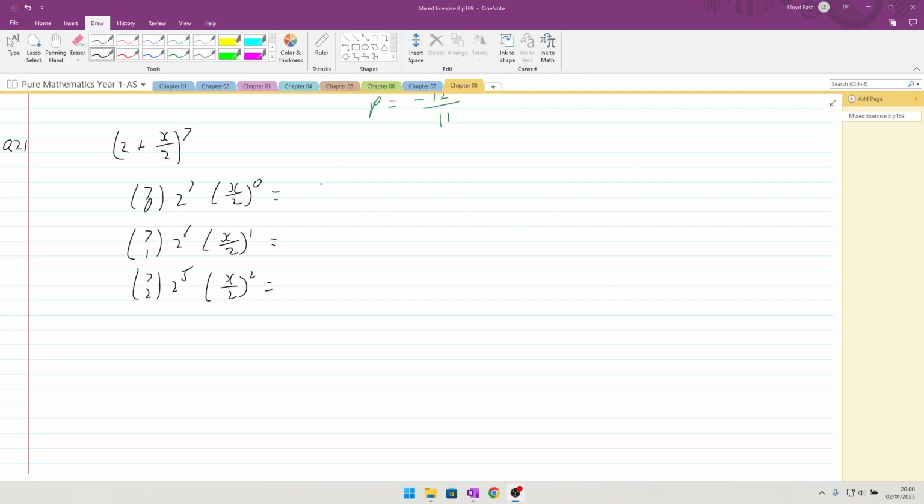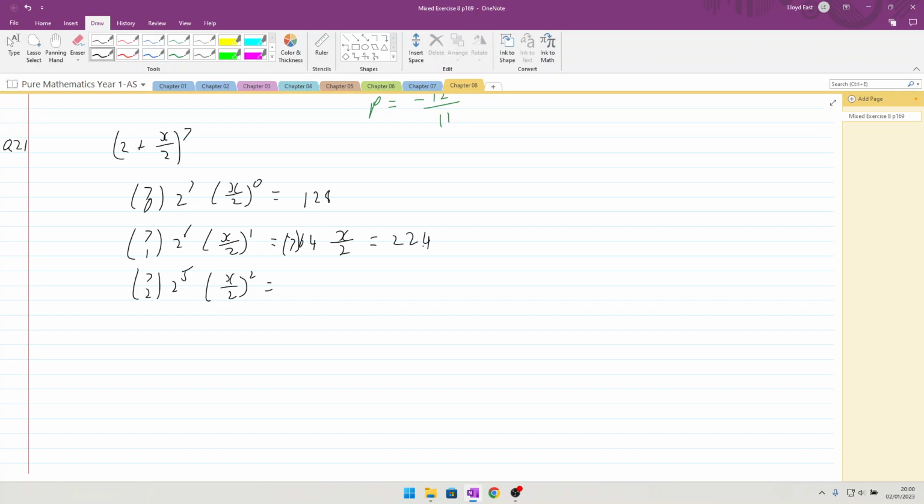So 2 to the power 7 is 128. 2 to the power 6 is 64, so that's going to be 64. The 7C1 is going to be 7, and it's also going to be multiplied by x over 2. So 64 times 7 divided by 2,